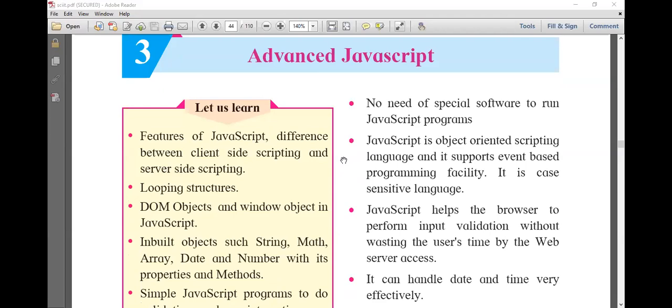Only one word you have to add: to run. No need of special software to run, or to execute. Good. Samiksha right, Amol right, Siddhi right, Ratan yes, Tanvi right. Now tell me the third point.